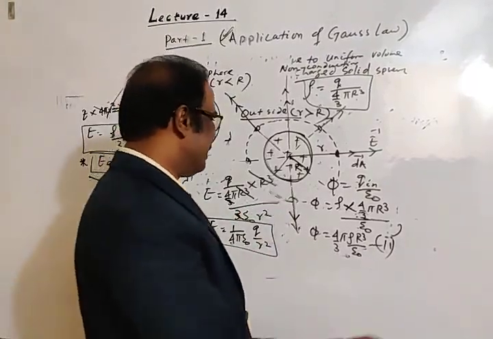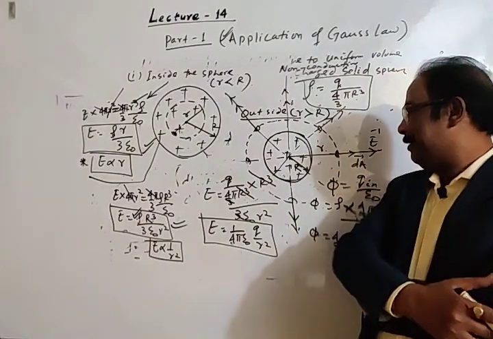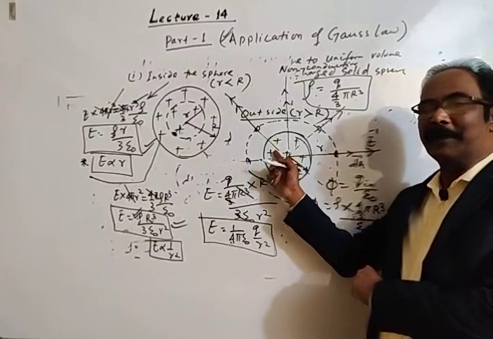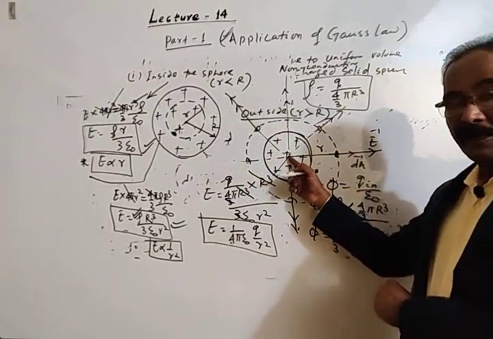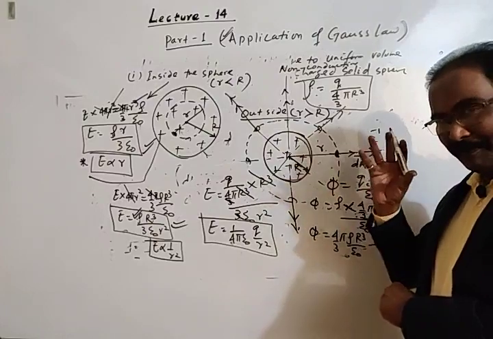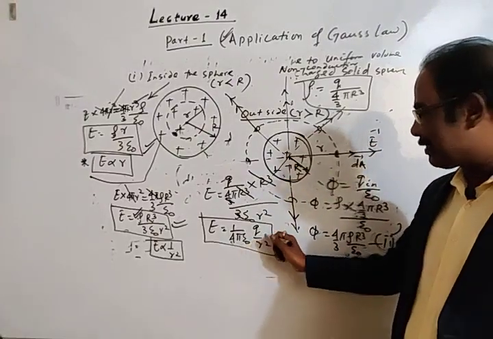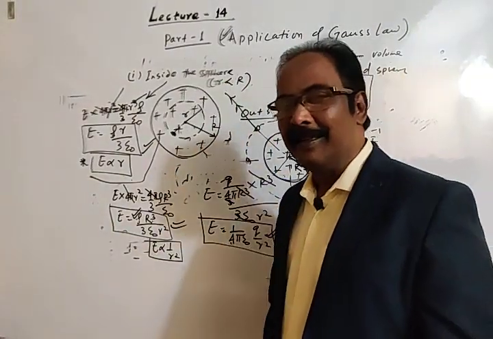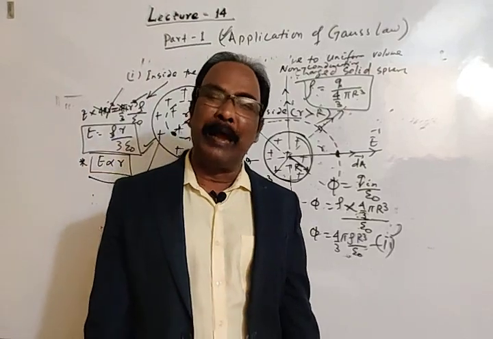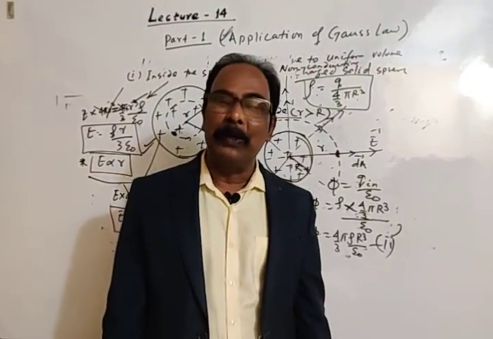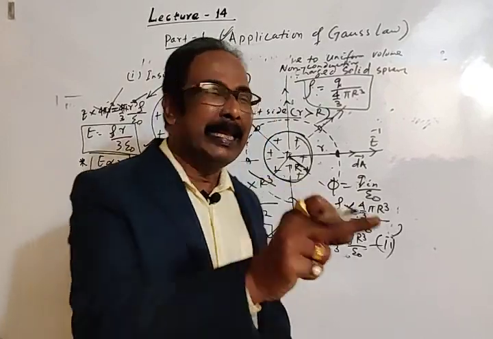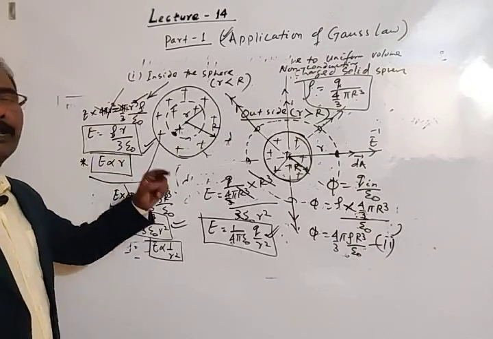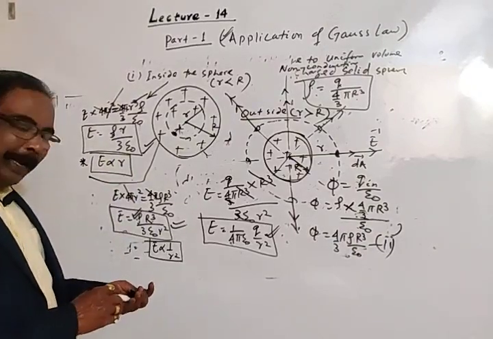The same concept. If you look from outside, then the whole charge distributed throughout the volume will appear to be concentrated at a point. If you observe from outside, it is the same as the electric field due to a point charge. So in all cases, the electric field outside is inversely proportional to the square of the distance. But in this case, the electric field inside is directly proportional to the distance. Now the required graph.